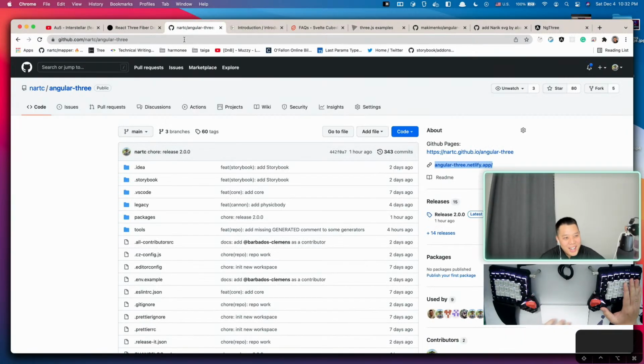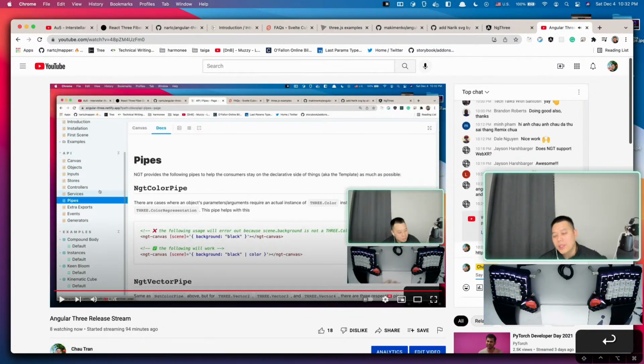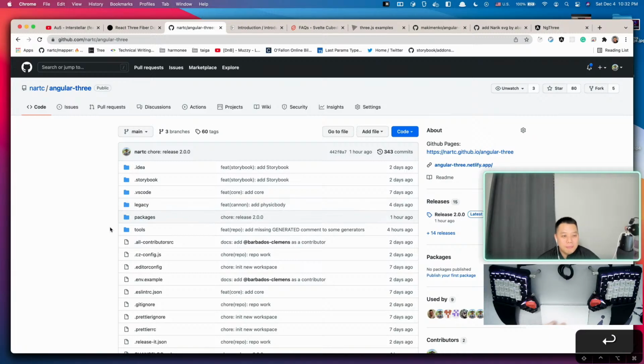So I'm going to share this Angular 3 repo right now. So that is the repo. You can file issues, do whatever you want to. Let me know if you have any questions. If there are no questions in about five minutes, I'm going to stop the stream because I think it's been an hour and a half. I'm going to stop the stream and file the issues offline